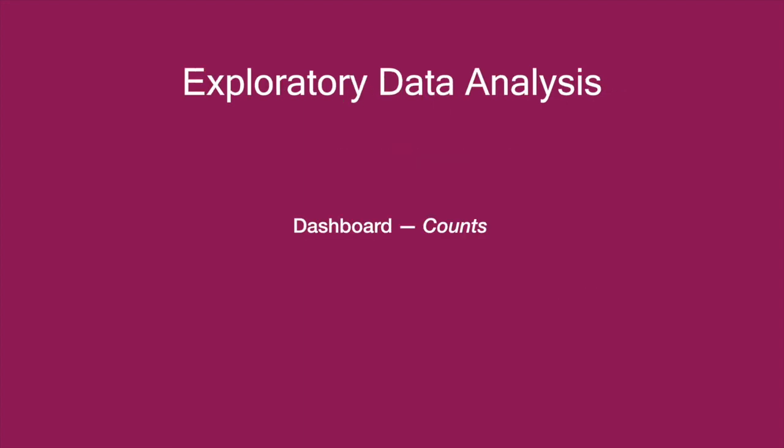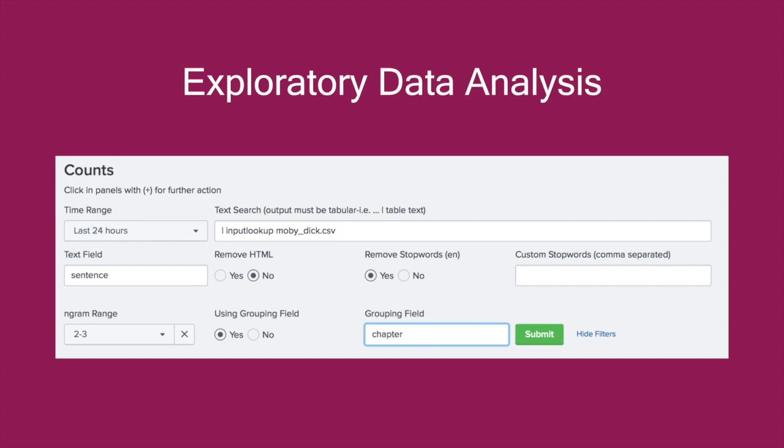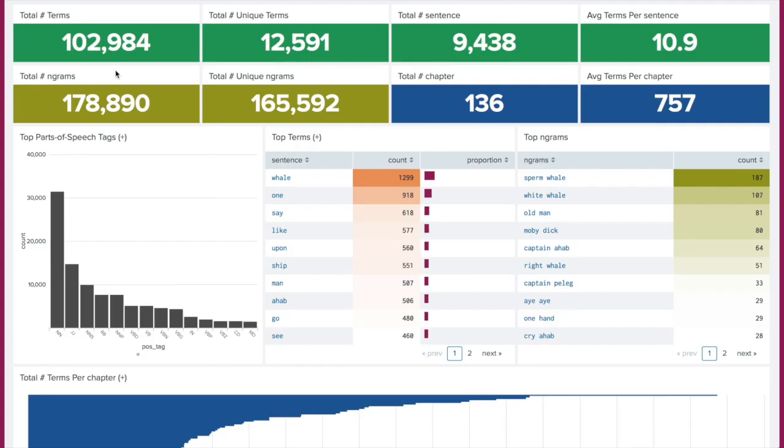The counts dashboard fulfills the exploration into the text. The user is offered a series of input options for exploring the text, including the use of n-grams and an optional grouping field. Looking at the book Moby Dick, we see that the totals returned offer some basic concepts of scope. What stands out here is quite a few chapters and a very large vocabulary, as seen by the unique term count. Moving down and looking at the top terms, unsurprisingly, whale is the top word, but it is interesting,